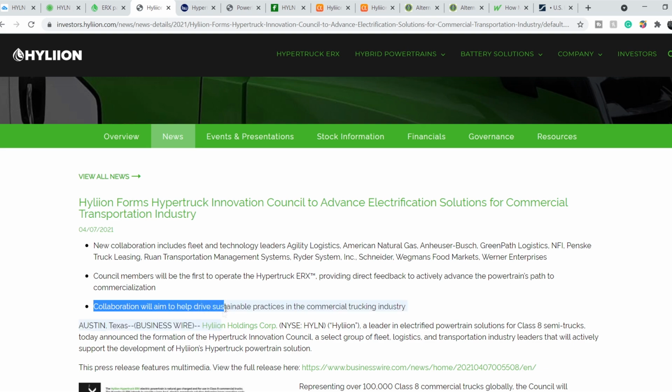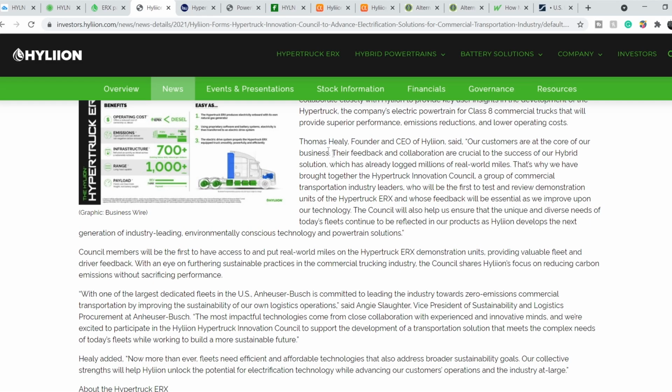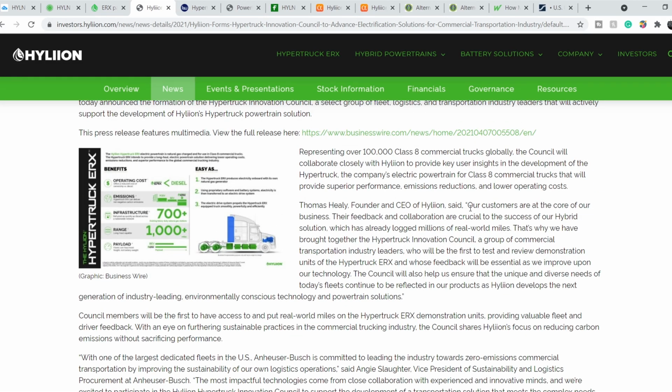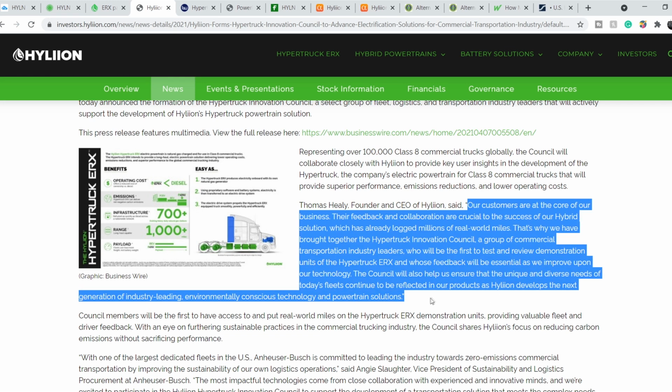Collaboration will aim to help drive sustainable practices in the commercial truck industry. And let me quote Thomas Healy, founder and CEO of HYLN. And he said, "Our customers are at the core of our business. Their feedback and collaboration are crucial to the success of our hybrid solution, which has already logged millions of real-world